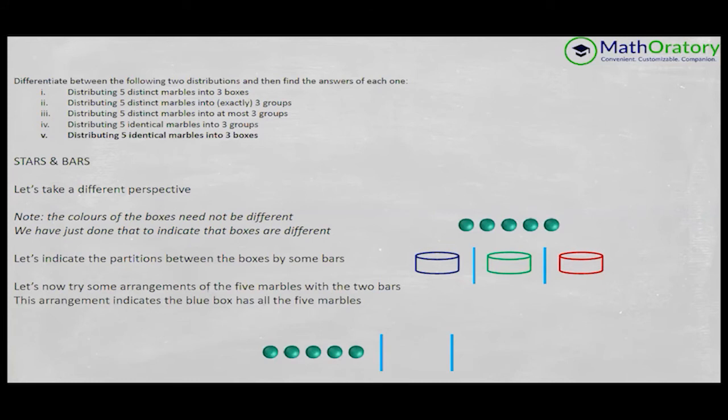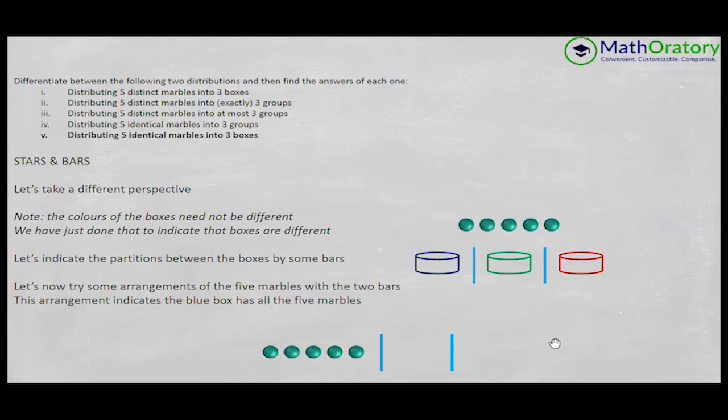Let's take this particular example itself. Now this arrangement is indicating that on the left hand side of the first bar you have five marbles, so five of these marbles go into the blue box. There is no marble in between the two bars, and in between the two bars we have the green box, right? So the green box should be empty.